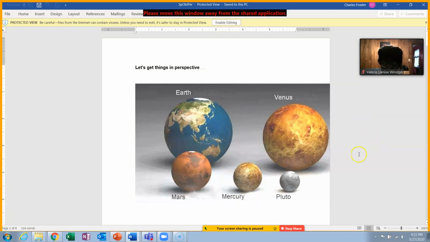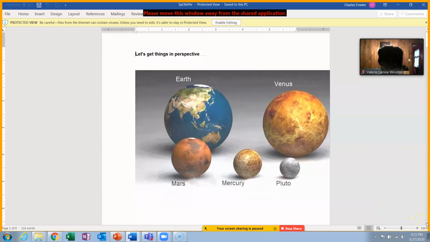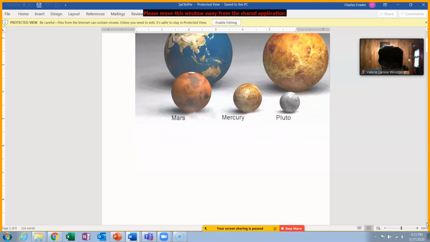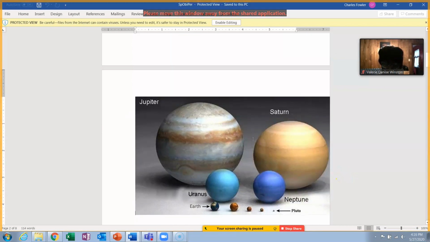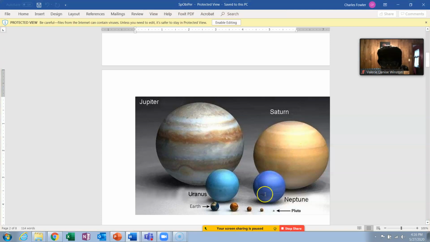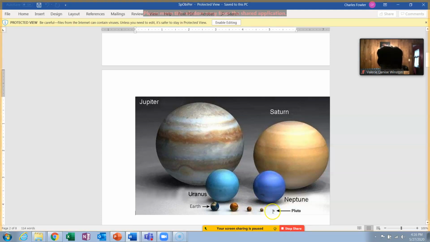Incredible representation of relative sizes. I'll let you watch this on your own viewing pleasure. Let's see, maybe page down will work better. Yeah, and there's Jupiter, Saturn, Uranus, and Neptune. There's the Earth compared to the 4 gas giants, okay? And there are Venus, Mars, Mercury, and little old Pluto there, which is no longer a planet.